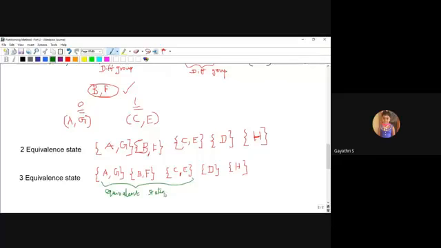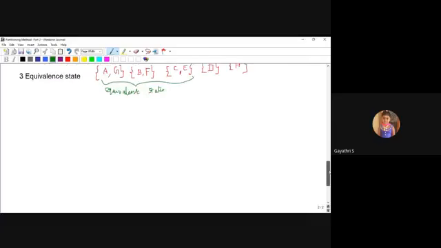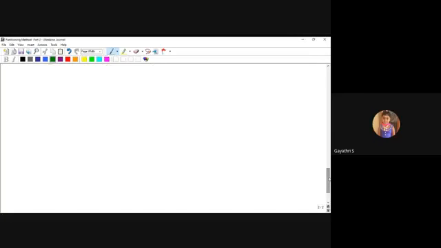Actually the result in the table filling method, the unmarked pairs, are the EC pair, FB pair and GA pair. So the results are the same between the two methods, table filling as well as the state equivalence or partitioning method.